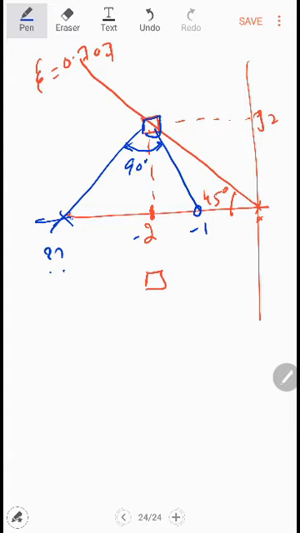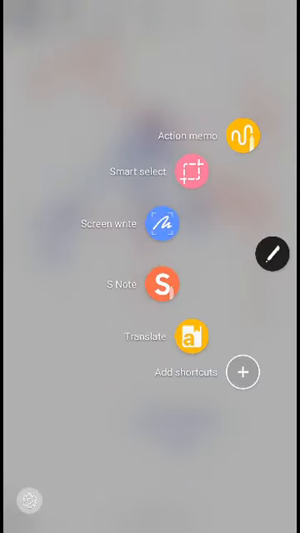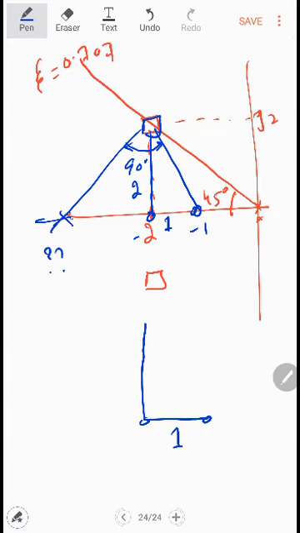So this means that at 0 equal to -1, we already know that this is equal to 2. This is equal to 1. From here to here, the distance is equal to 1. This is 2, and so we know this information. This is equal to 90, but we do not know the angle information.